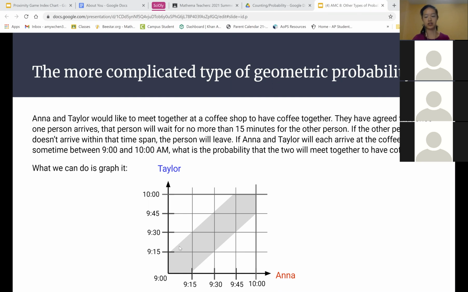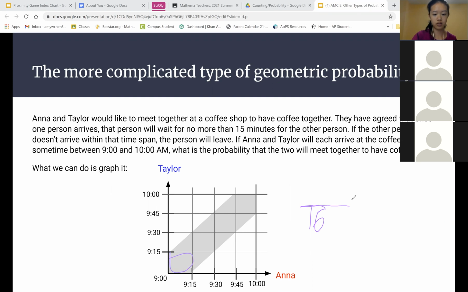Because the gray area represents the times that satisfy the problem. So for the total area of the graph, we don't even need to calculate the area in minutes or something. We can just look at the squares. In total, there are 16 grid squares, right? And the shaded area,